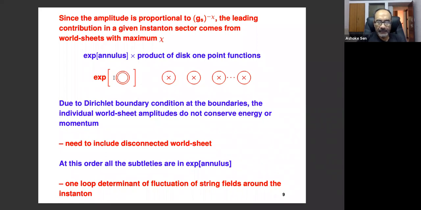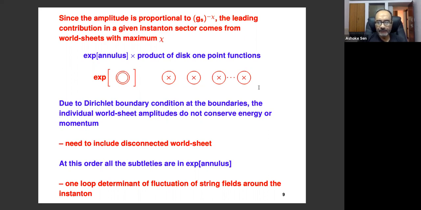So first of all, the annulus, because it has zero Euler number, you can insert as many copies of the annulus as you like in the worldsheet, because it doesn't cost Euler number. Then you can resum those contributions as the exponential of the annulus diagram. And then the rest, at leading order, is just the product of disk amplitudes. Why? Because the disk has Euler number 1. So if you have, say, n external closed strings, you might as well try to gain Euler number 1 for each of the external closed strings by attaching each of them on a disk. So the leading contribution comes from the product of disk amplitudes.